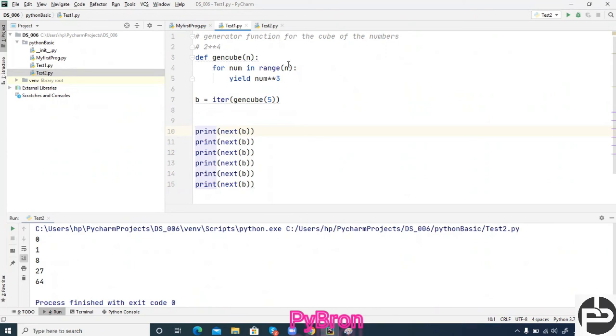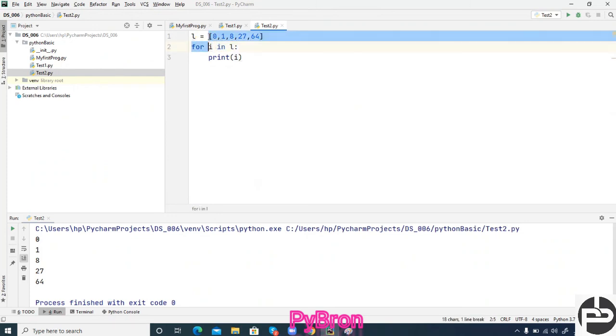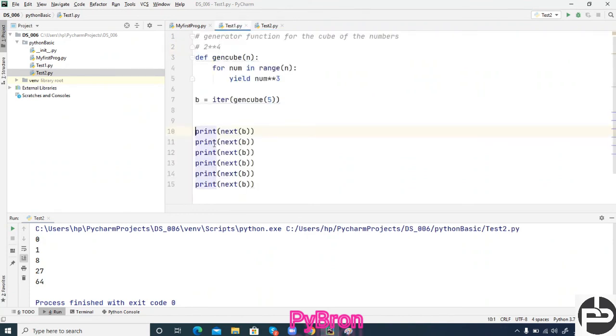Got it? But in the case of a for loop, we already defined that the loop has to run this many times, as many numbers as are present inside the list. But in the case of an iterator, we are not defining how many times it has to be executed. I said 5 numbers are there. Okay, done. After the 5th, if anyone calls you a 6th time, tell them stop iteration, I stop working now. Got it? So this is the concept of iterator and generator.